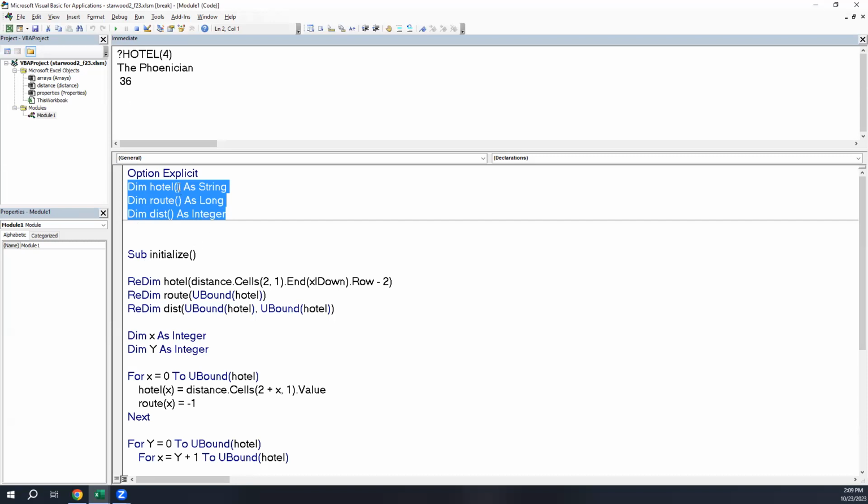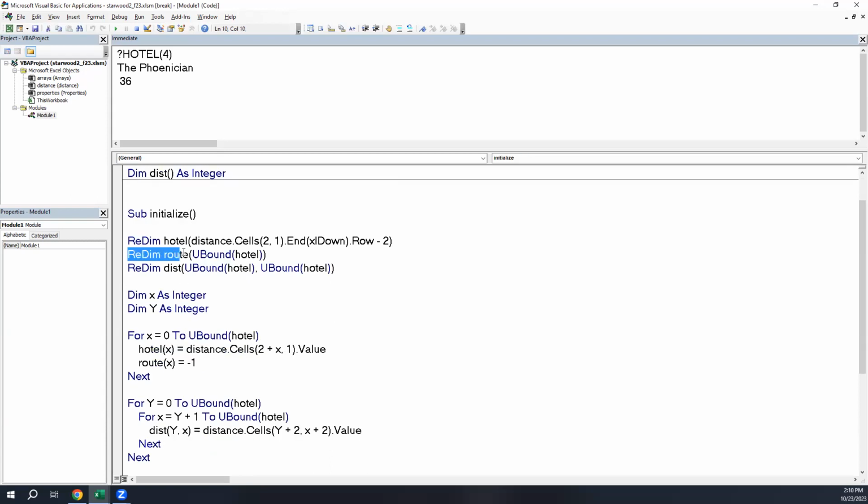Now, an interesting thing that we did here when declaring this array: who can tell me what it means to declare an array without putting the size of the array? That creates what's referred to as a dynamic array. What's the benefit of that? Someone could just say it out. Right. So when we declare an array without saying how big it's going to be, before we use it, we